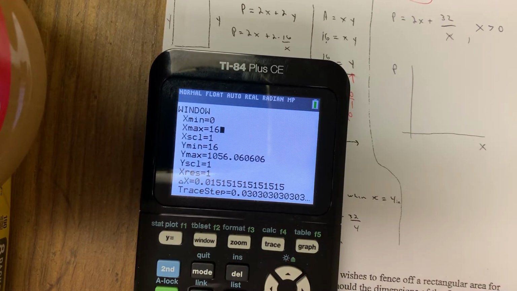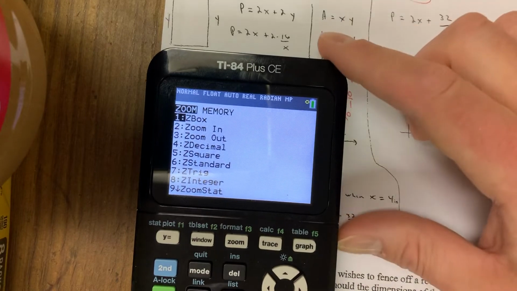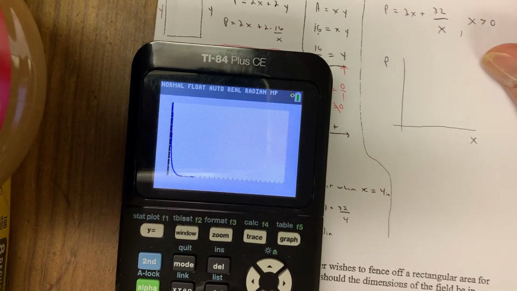Remember, we had a 16 here. Okay, maybe you couldn't see it with the 16. Maybe you make it bigger, like 25 or something like that. Zoom 0. You know, and eventually you should see that min. Let's see how it is here. Pretty good, okay? The only thing you need to worry about is that right now it looks like the min,